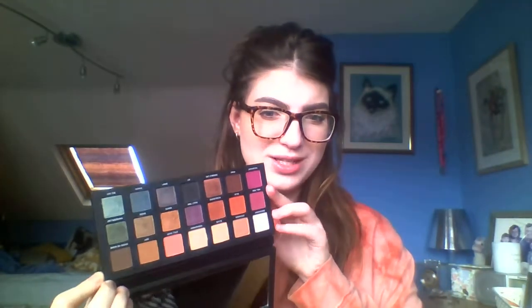Finally, for the palettes, this was a birthday present, and I don't think I've ever owned a makeup item this expensive. This is the Urban Decay Born to Run Child. As you can see, I've tried to keep it quite neat. That's probably the most realistic look you're going to get at it on this camera, but it's stunning. The colours, Smog, Wanderlust and Big Sky, are absolutely gorgeous, and I like that there's the option to do more cool tone looks with this, because we don't see more cool toned shadows a lot. And again, this is the same formula as the On the Run palette,